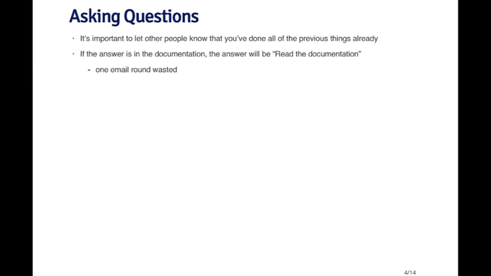So all the things on the previous slide are useful things to do on your own before venturing out to ask people questions. However, if you don't find the answer, it's important to let other people know that you did all those other things. Because if, for example, the answer is in the documentation for the program, for example in one of the R manuals, then someone who knows the answer will usually respond by saying, read the documentation or read the manual. And then you've just wasted one round of email, because you'll have to respond saying, I did read the manual and I didn't find the answer there. So letting people know that you've done your homework and you've looked in a variety of places is very useful, and it saves a lot of time.